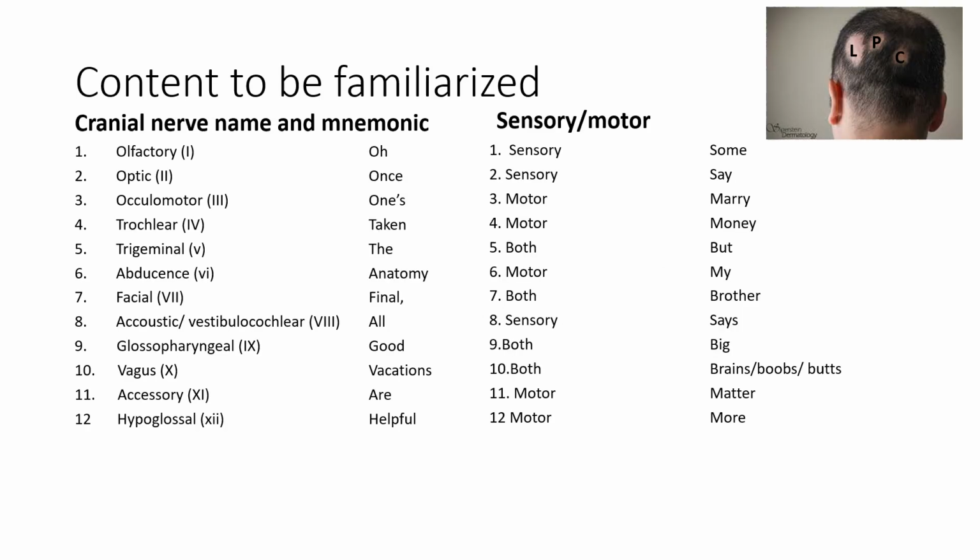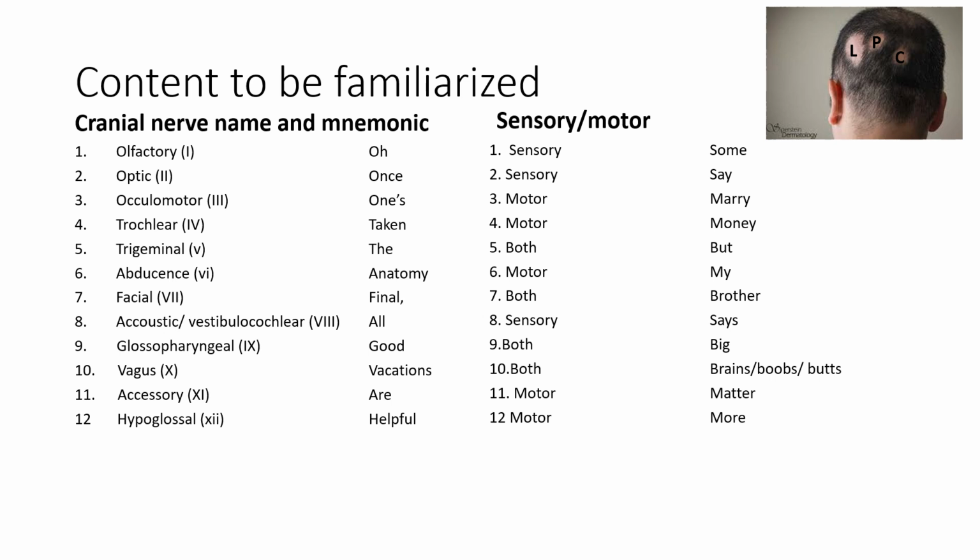Okay, so we've got 12 like I mentioned, and these have different names that relate to the function. So olfactory, short for olfaction. So it's going to help with smell. It's a special sense, and that is cranial nerve number 1. Number 2 relates to sight, so that is our optic nerve. Then number 3 as well is also going to relate to sight, but more motor in nature. So that's oculomotor.